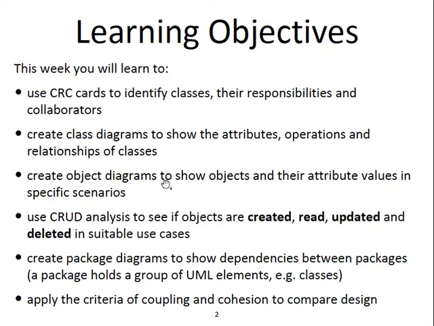And object diagrams is a variation of class diagram. Class diagrams show us the general picture. It's almost like templates. But object diagrams show us some actual instances created from the classes. And